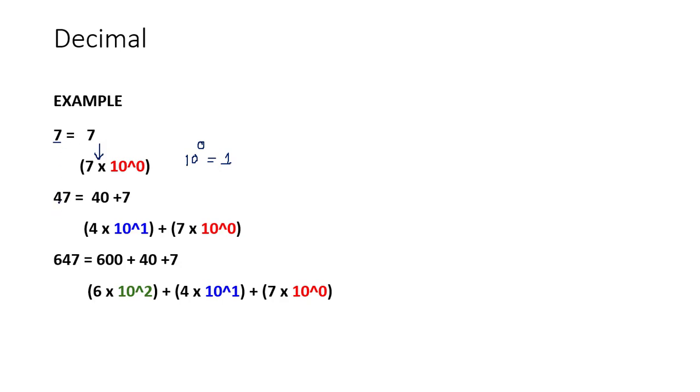Just to make it more clear, let's say you have 47. How can you represent 47? I can expand it like this: 40 plus 7. Now you can ask me a question, why 40 plus 7? Because I have to represent it in terms of 10 as a multiplier. So I have chosen 40, and what is the remaining? 7. So 40 plus 7. Now you know how to write this 47.